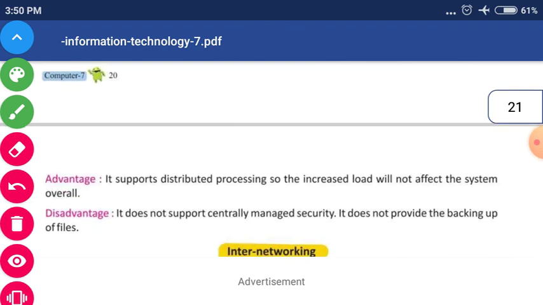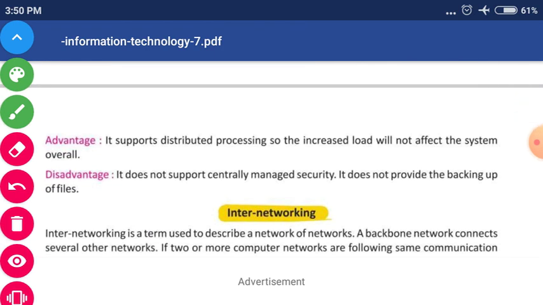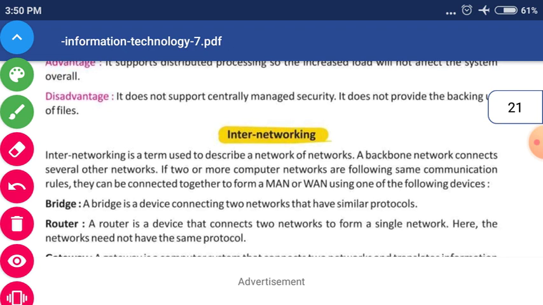In peer-to-peer architecture, the main advantage is that network traffic does not increase because each file is stored in every computer, so the information process will be fast. But the main disadvantage is about security, because every computer has its own copy. That's why anyone can steal it from any personal computer. That is the main disadvantage of peer-to-peer architecture.